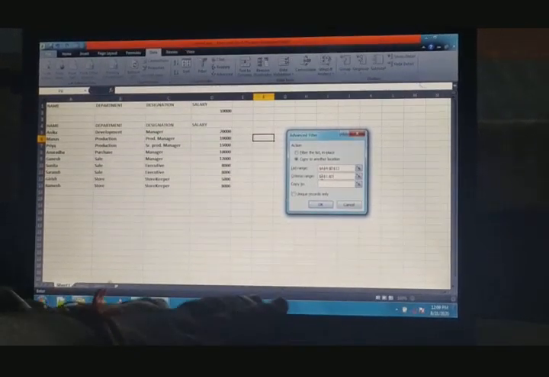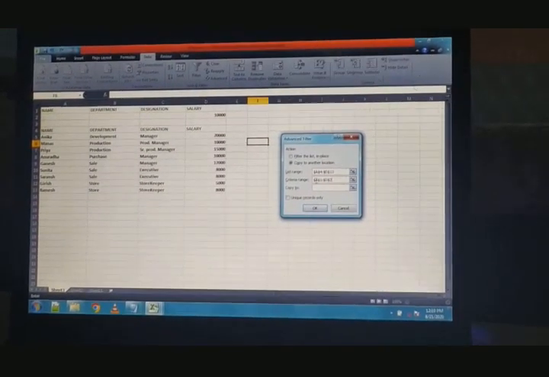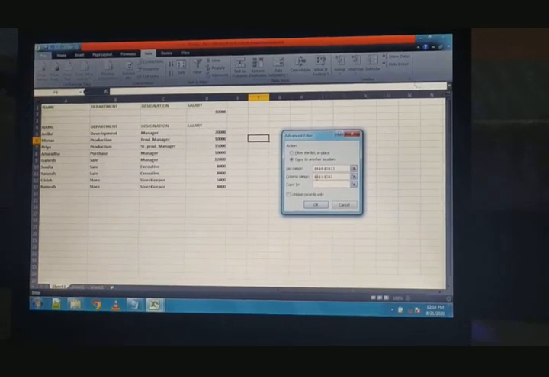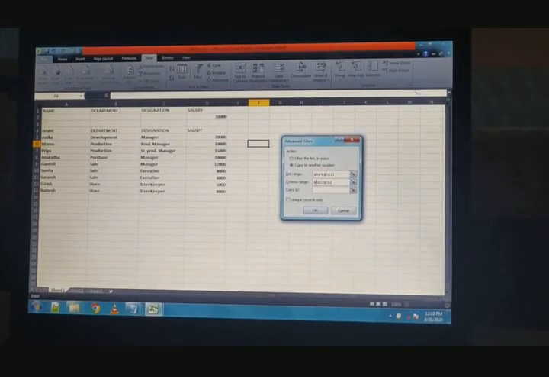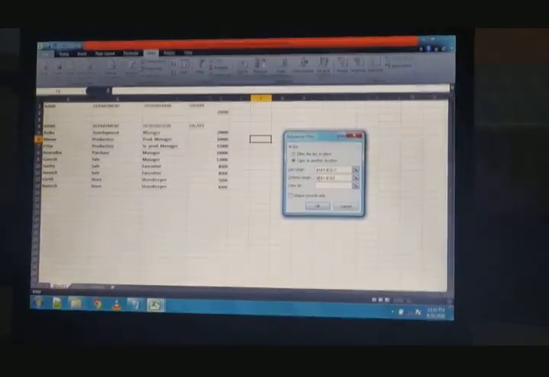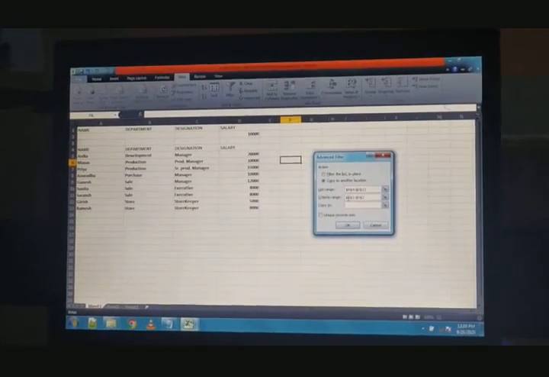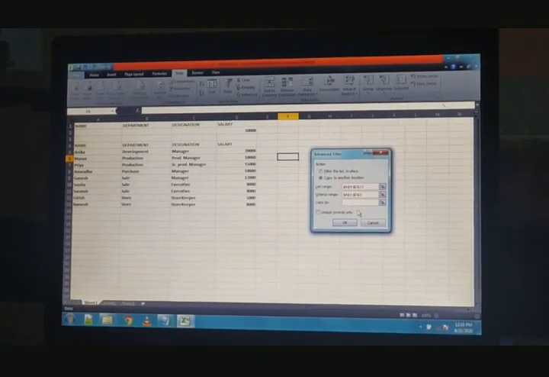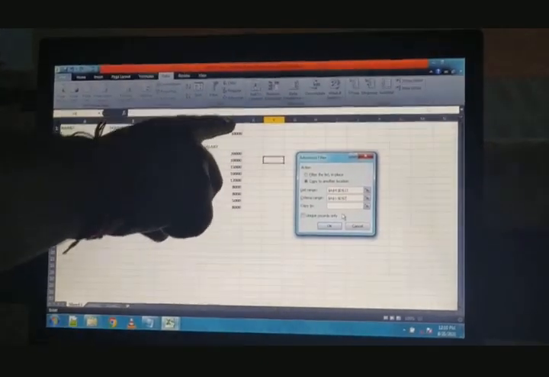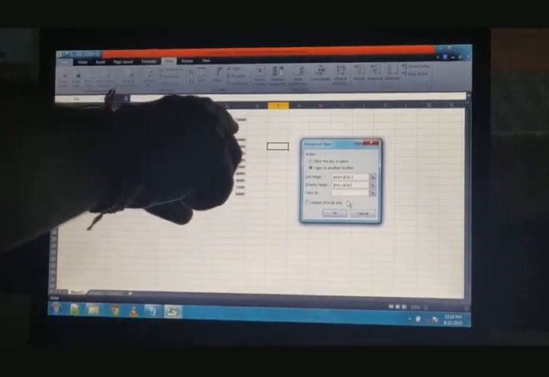to $D$2. Why do we define the criteria by $A$1 to $D$2? Yes, we define the reference of the cells by using absolute address. We have already understood what an absolute address is and how it is defined. An absolute address is always defined by the dollar sign. So we have defined this criteria range using absolute reference $A$1 to $D$2, D2 not D1, because in the D2 cell we have defined the criteria.